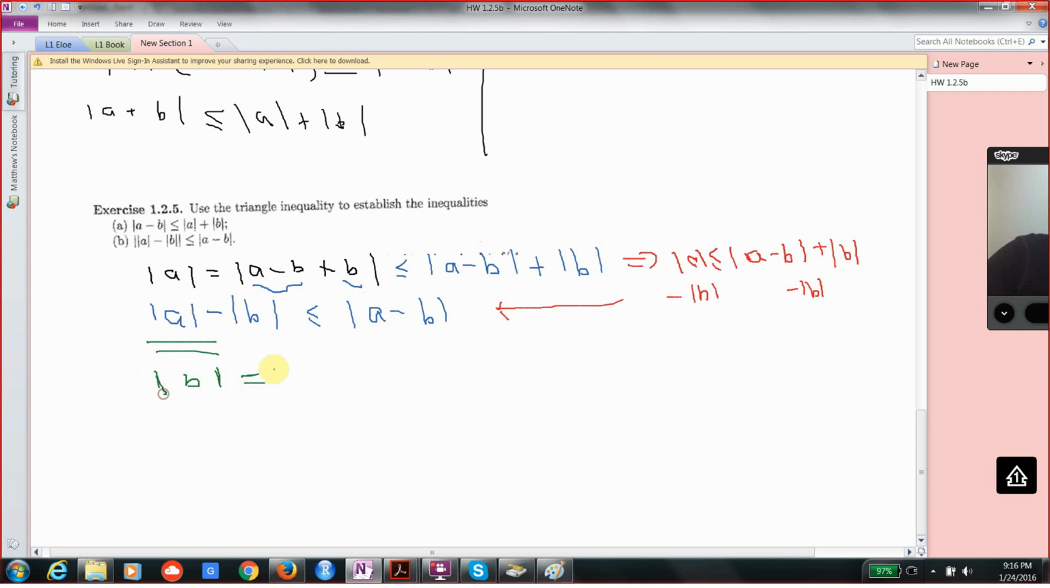So I'm going to play the same sort of game. I'm going to start off saying it's equal to B minus A plus A, right? And then I'm going to use the triangle inequality on this thing right here. So it's less than or equal to